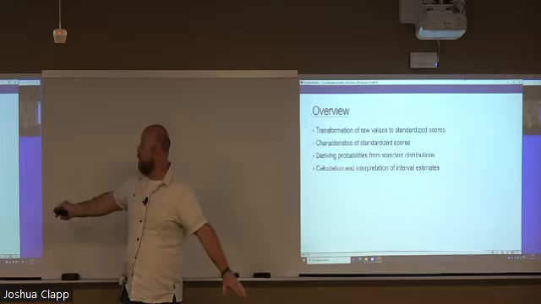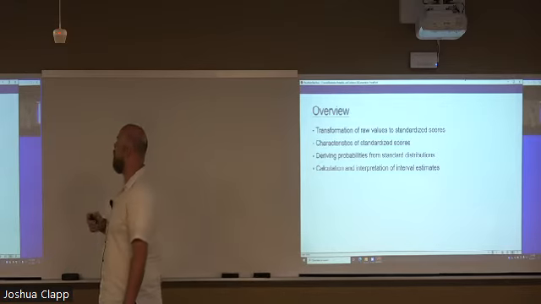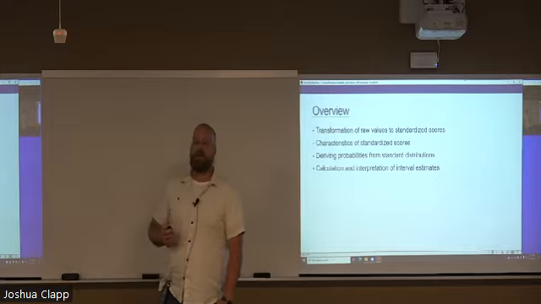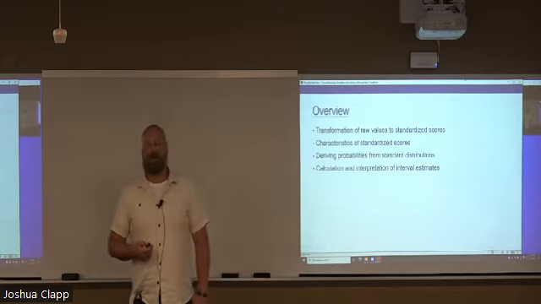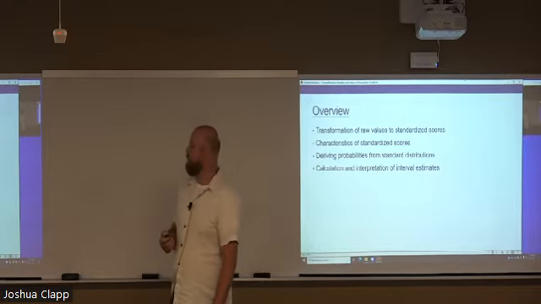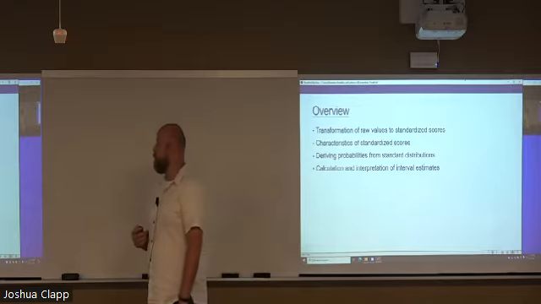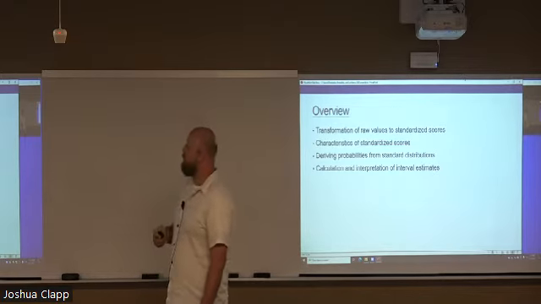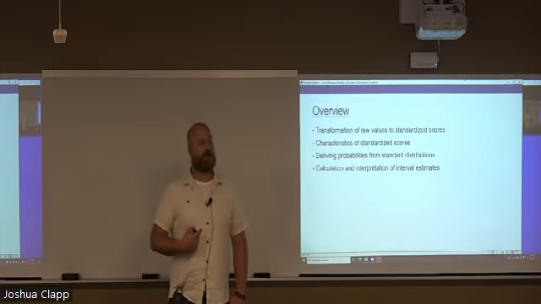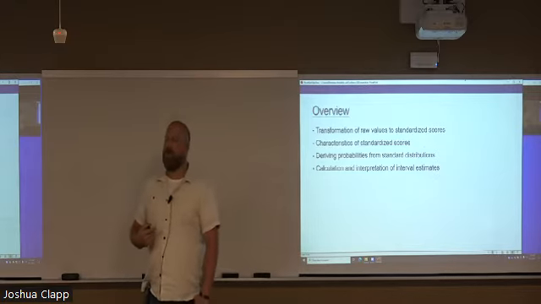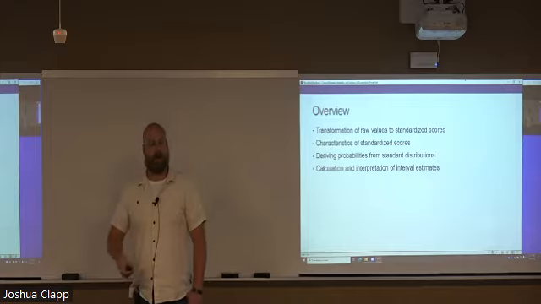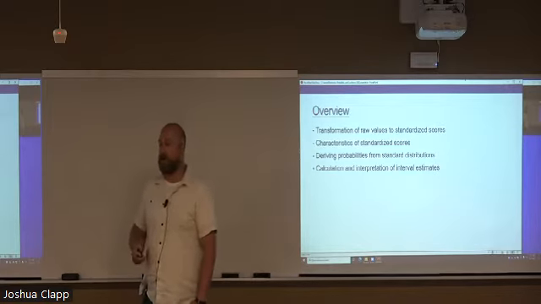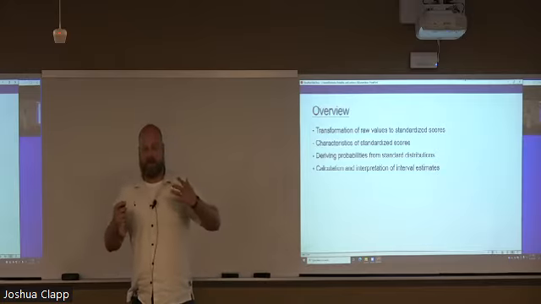Okay. So today, what we're going to be working on is transforming raw values to standardized scores. This is going to be a big piece of what we're doing in terms of screening. Your computer program will do this for you pretty quickly and easily, but I just want you to know where these numbers are coming from. We'll talk about some characteristics of standardized scores, and if we have a known distribution, how we can start to assign probabilities of obtaining a certain score or higher or lower, however we want to frame that. And then calculating and interpreting confidence intervals,